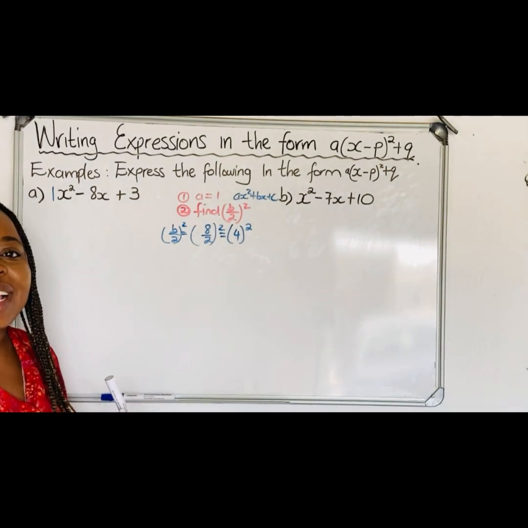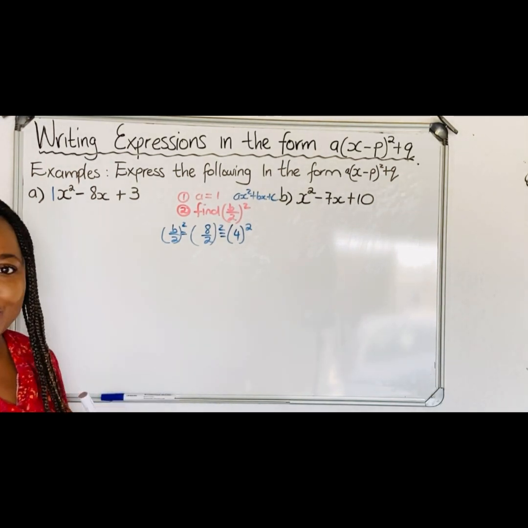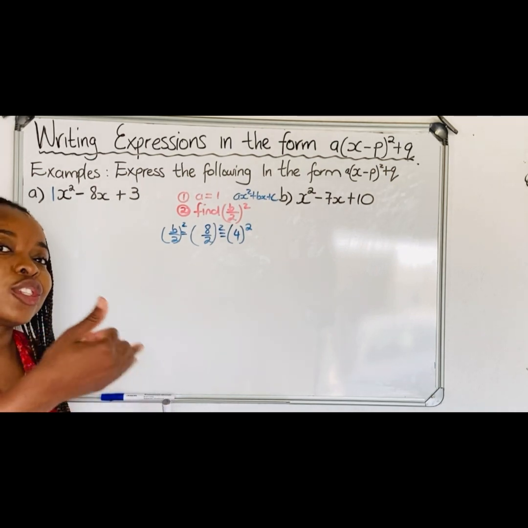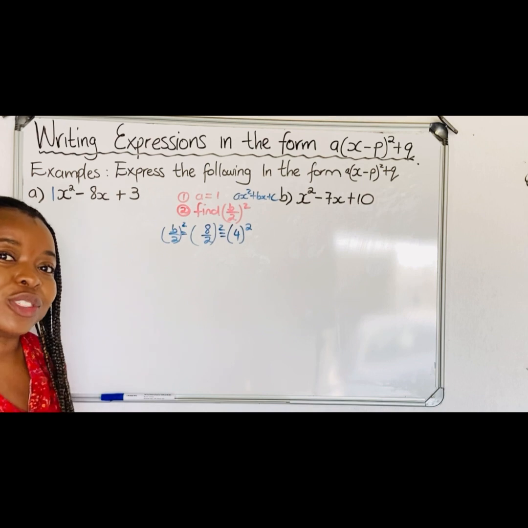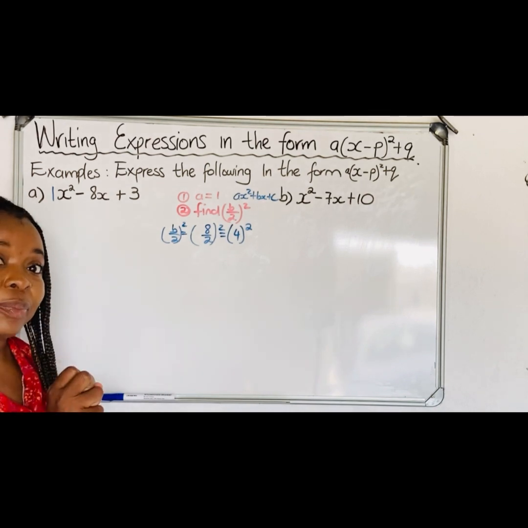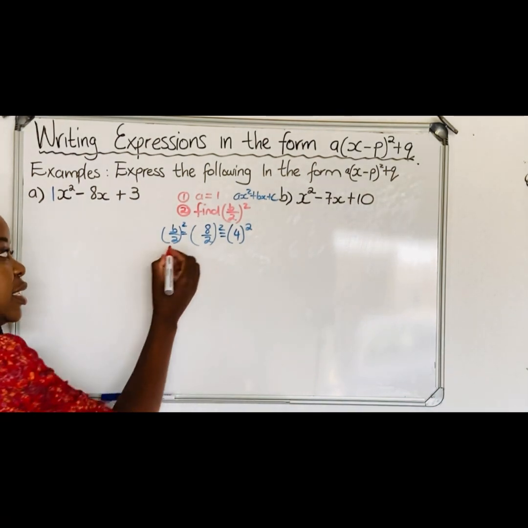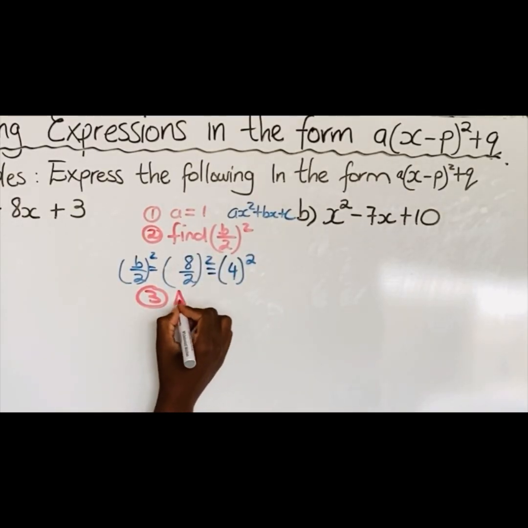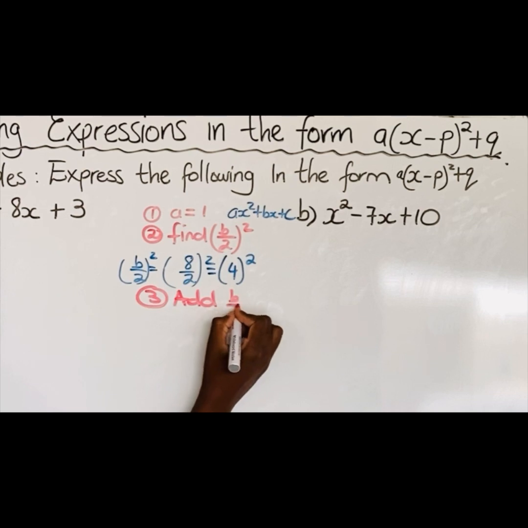So after making sure that A is 1, and after finding our B over 2 squared and not solving, not removing the brackets, not removing the square, we simplify the inside part. That takes us to the third step. Now the third step, go and add B over 2 squared